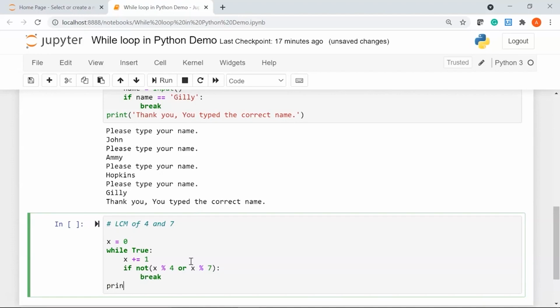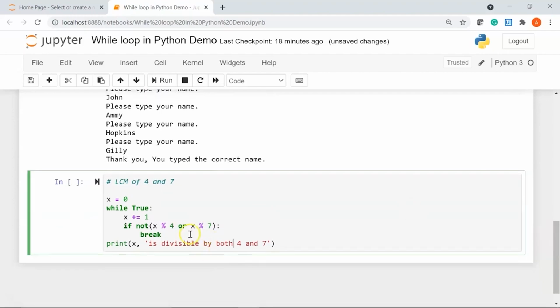Finally, we'll print our message saying x, comma, is divisible by 4 and 7. Say both 4 and 7.